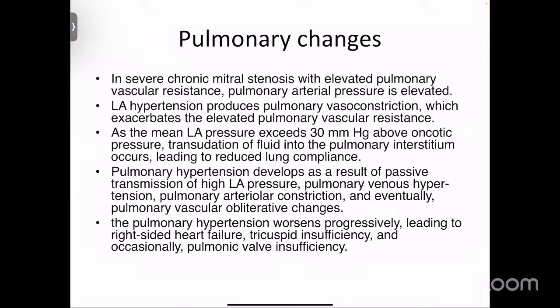However, in severe chronic mitral stenosis, there is an elevated pulmonary vascular resistance and elevated pulmonary arterial pressure at rest,